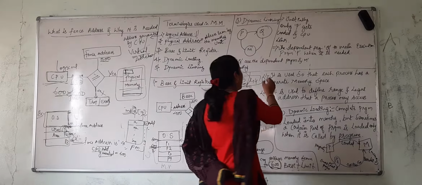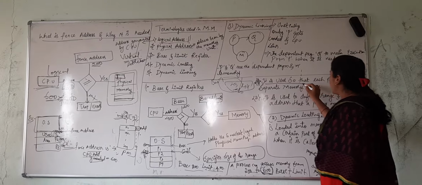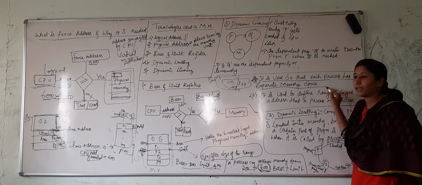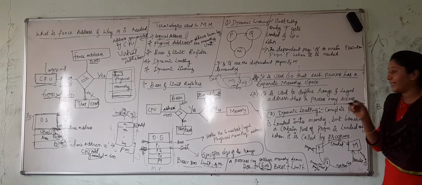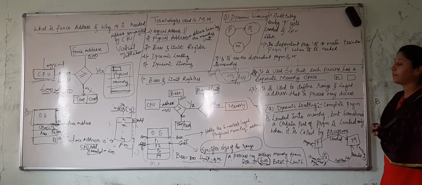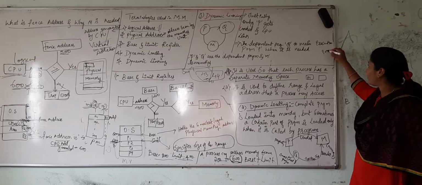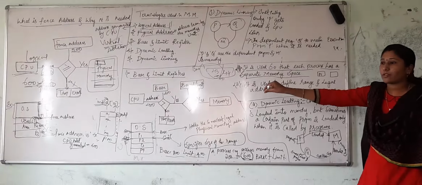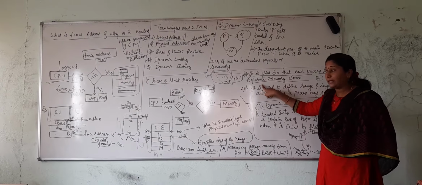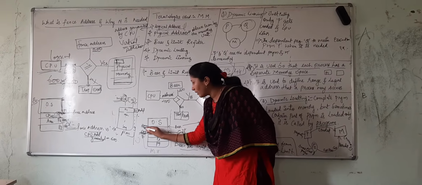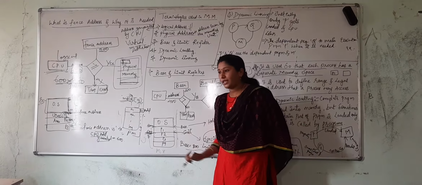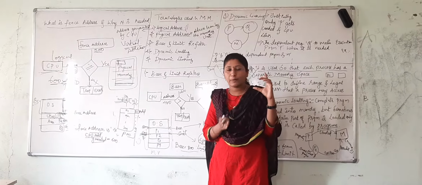So first let us define what it is. It is used so that each process has a separate memory space. Each and every process that we define is allocated an individual memory space. For example, we have defined four processes, and each has a separate memory location. That is what base as well as limit indicate. Here the base of this process was 200, and the limit of P1 should not exceed 600, which is the space allocated to that process in memory.